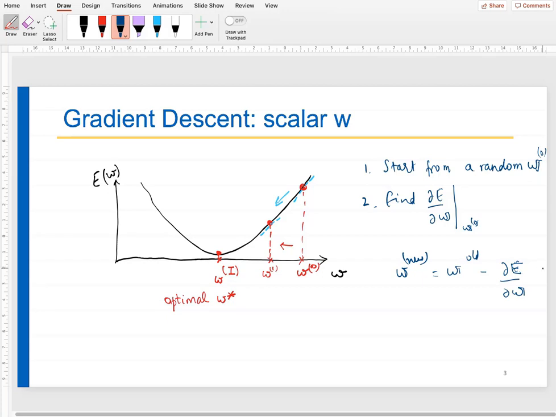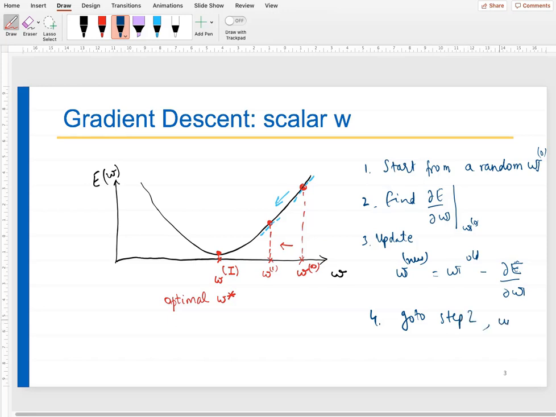If the slope is increasing here, I will decrease my W so that my error decreases. My dE upon dW is positive here, and I want to reduce my W. So if this thing is positive, the whole thing will decrease, right? That is the idea of gradient descent. You are descending along the gradient and going towards the optimum. So you update your W, and then again go back to step 2